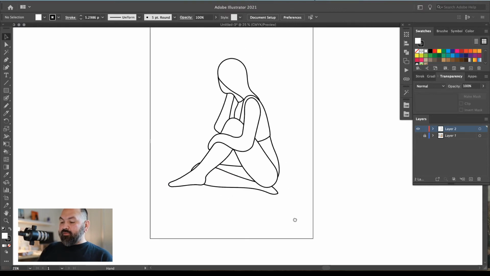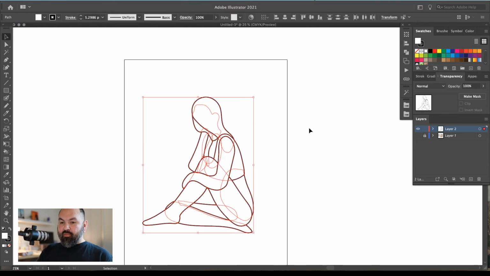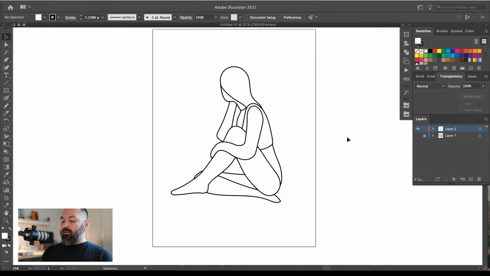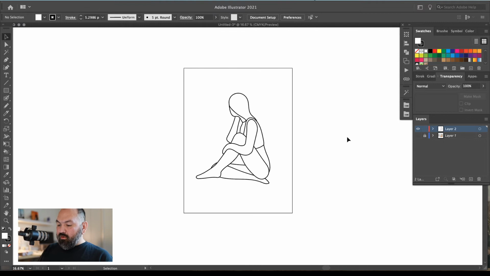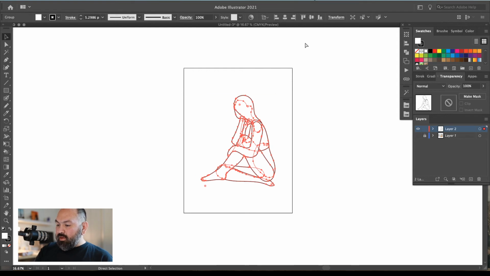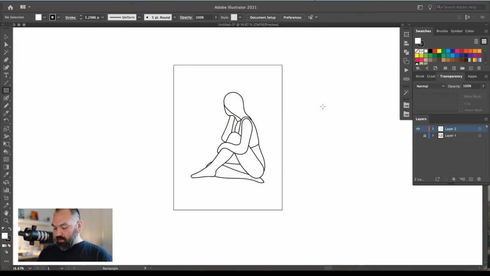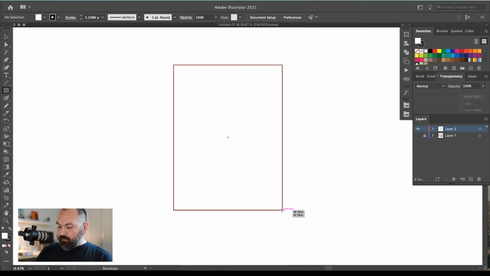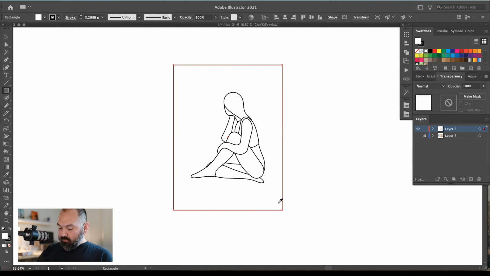Just like that. So now all of these are separate pieces of each other, but they sit together to create this form here. All right, I think this is pretty good. I'm gonna go ahead and select all and group those and use my alignment tools to put it in the center. And now you'll really see what I'm talking about for the gaps between the pieces when I create this